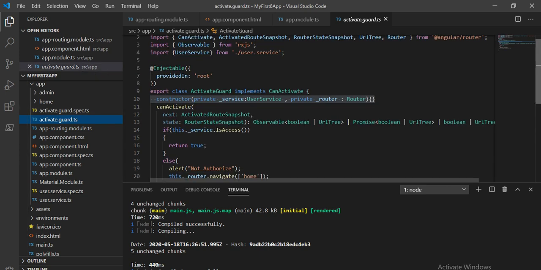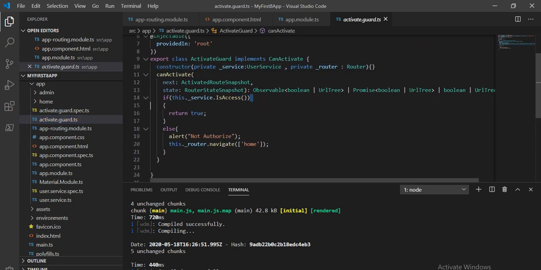Here we check the condition: if access is allowed then return true, otherwise we say not authorized. We did that in the previous tutorial, so please watch it to see how we work with the CanActivate route guard in Angular. In this tutorial we are going to work with CanDeactivate.